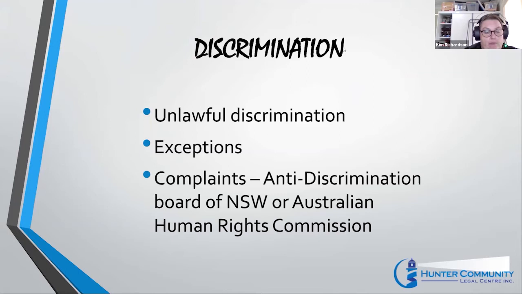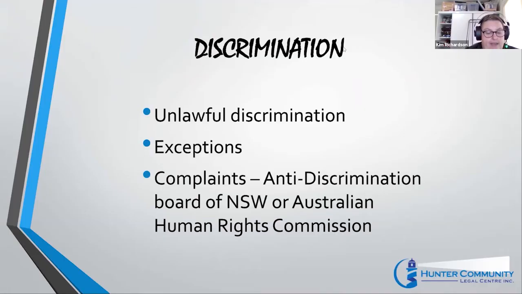While you are renting accommodation, by imposing terms or conditions that are discriminatory, for example, trying to limit the number of people that you can invite to visit. By ending the tenancy because of your race or sex, gender identity, sexuality, disability, marital status, or age, by sexually harassing you in the course of you being provided or offered accommodation, or by not giving you all the benefits associated with your accommodation. For example, if you live in flats with a pool and you're not able to use the pool because you have a child with a disability.